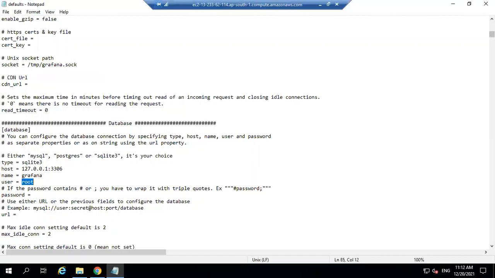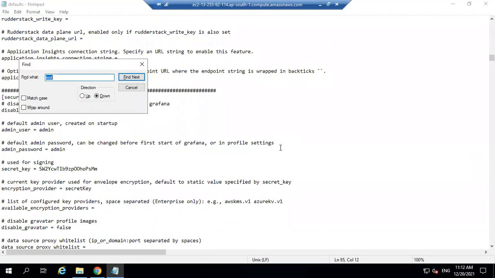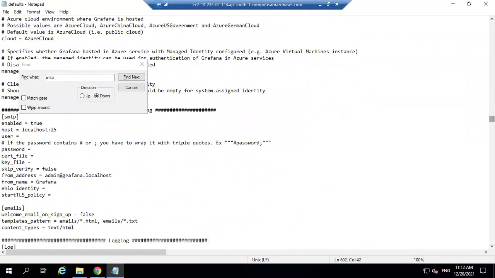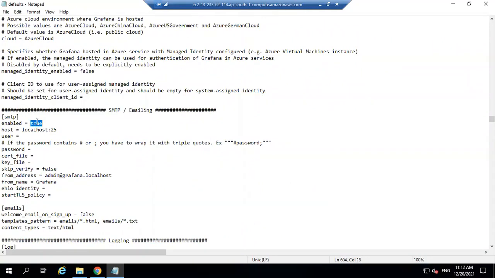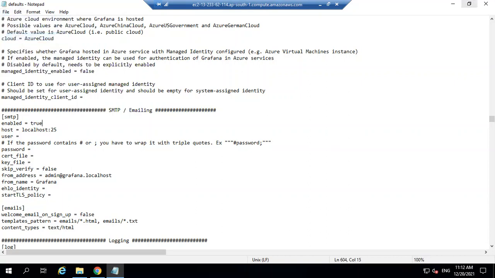So here you can simply change the SMTP. Here you can see false, replace with true. So save the file and exit.